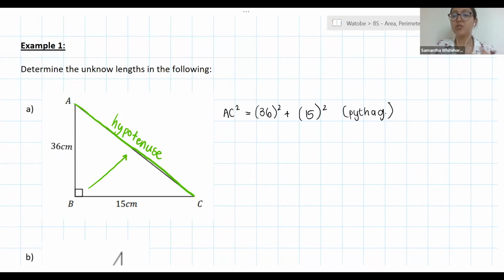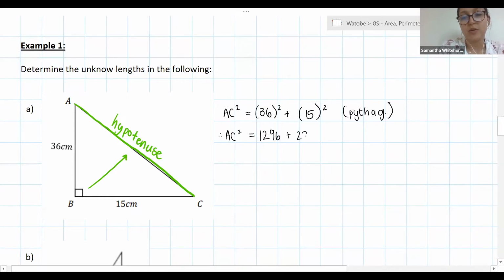It just will make your life easier later on down the line. So we've got that. You can put this straight into your calculator. There is no need for you to work out 36 squared and 15 squared separately. If you want to know what those are, AC squared is equal to 36 squared is 1,296. 15 squared is 225. So I need to add those two values together, and I get